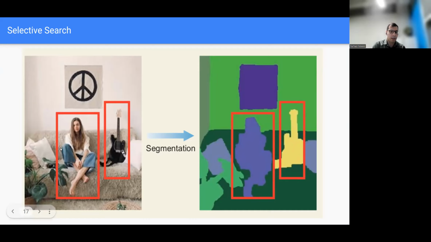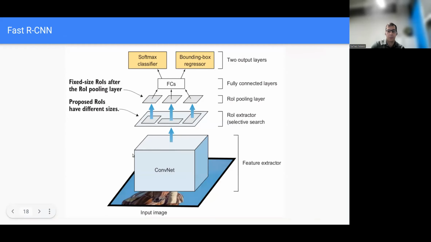Let's say if we have just one downsize, this means that if the size of this is 200 by 100, the size of the final feature is 100 by 50. Of course, I can easily find out these coordinates in that feature space and use that. So in that case, I don't need to pass each box independently. And this is a way to save a lot of computation.